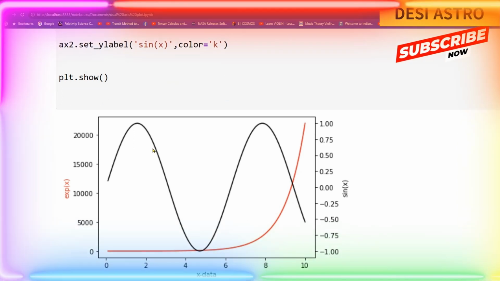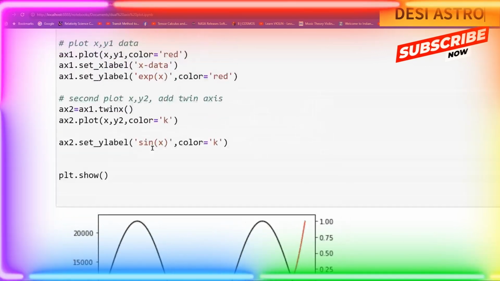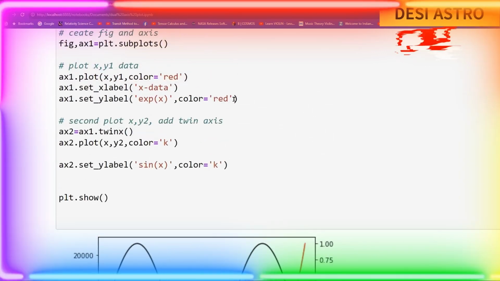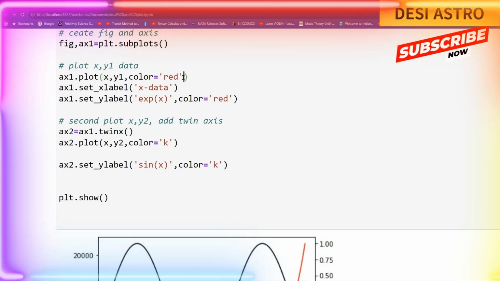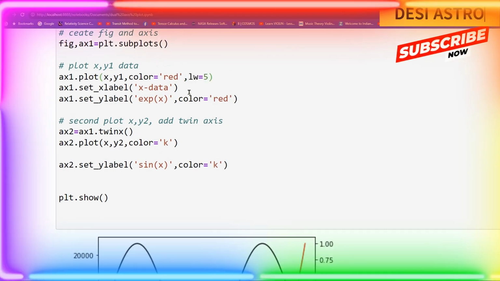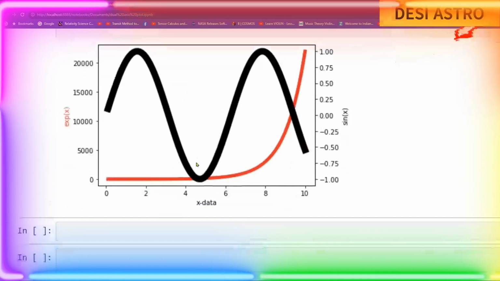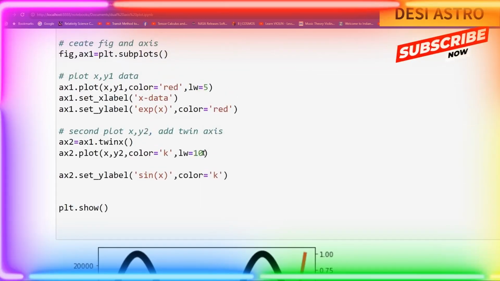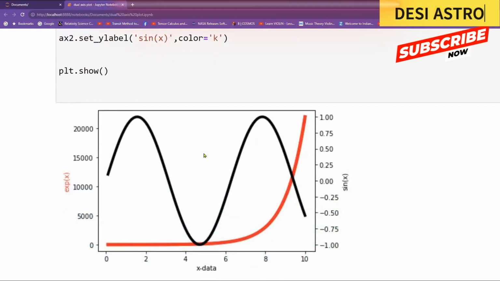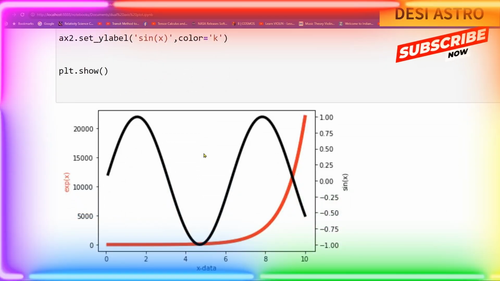Now suppose you want to change the line width, you can also change it. Type here linewidth equal to 5. You can also type here linewidth equal to 10. There should be an equal sign. So here is your plot. Maybe you can make it 4. Okay, so this way you can plot your axis,